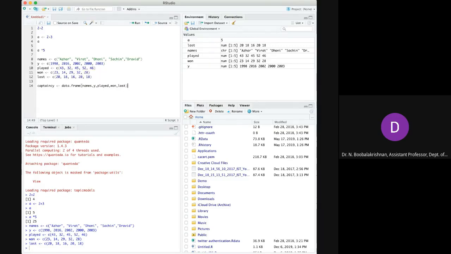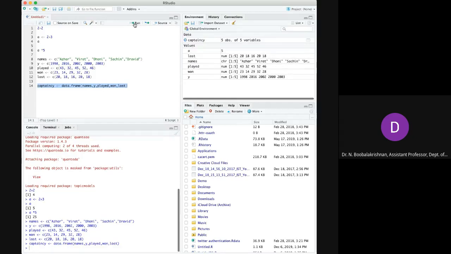So this is going to be the captaincy, where you can select this and run this.